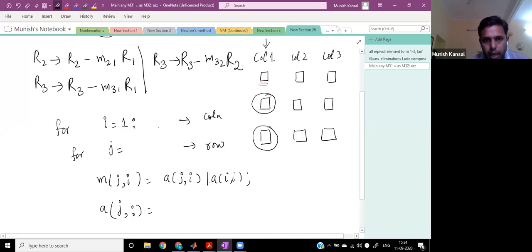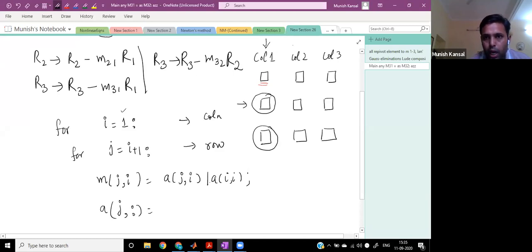1 से लेके कहाँ तक जाएगा वो अभी लिखते हैं, ठीक है। Then the row, if you are working in first column, you are making entry 0 here, starting with which row? Second row, right? So whatever the row you are picking over here, you will start with the next row. So I will write down i plus 1, right? Because you are working in first column, you are making this entry 0, first column, second row. That means if this is 1, then next should be 2. So I have written i plus 1, right?